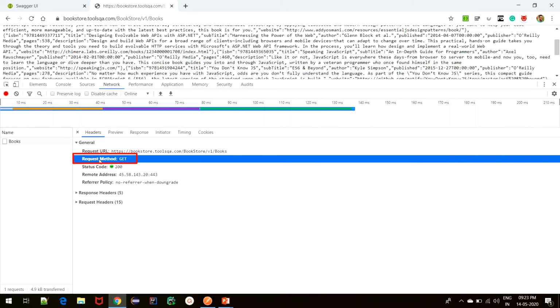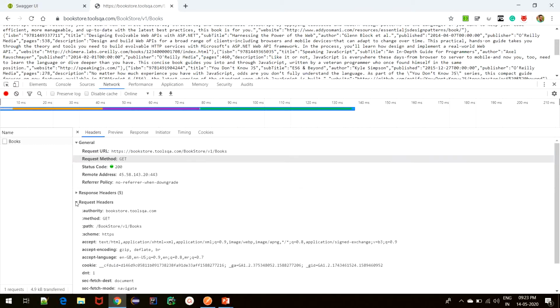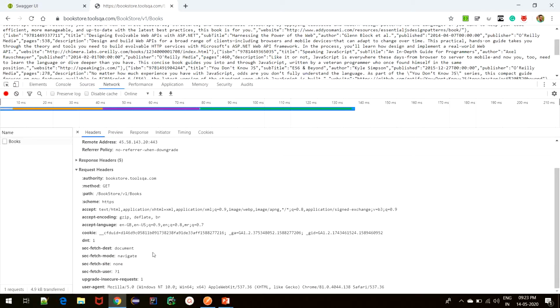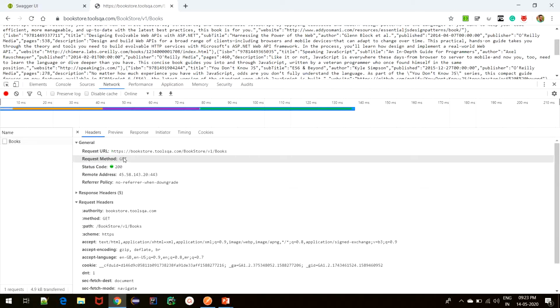Then we have the request method, which is get in our case. We also have a lot of request headers that were being sent along with the request. It's worth noting that since this was a GET request, we did not have any request body being sent. So this confirms what we had discussed about what constitutes a HTTP request.